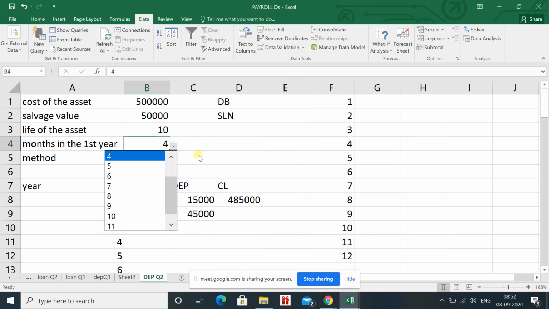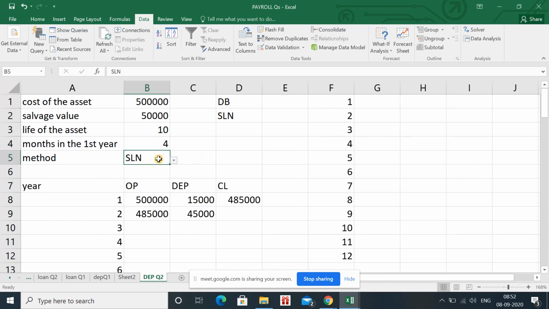Then in a similar way, you can create the drop down box for the method of depreciation. So we have two methods. I have written DB and SLN, and try to write in this way only, because when you will apply the formula, you need to write in the formula. अगर आप पूरा declining balance or straight line method लिखोगे, in that case you have to write in that way only. So it's better to write in DB and SLN only.